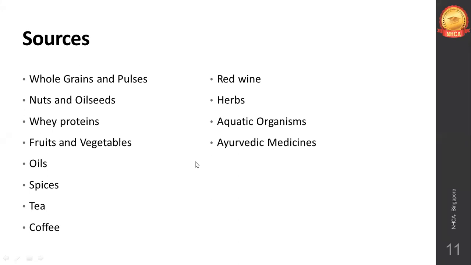Then certain herbs like rosemary, sage, basil leaves, dill leaves, fennel leaves, they also have antioxidant properties in form of phytochemicals. Celery, cilantro is your coriander leaves. Aquatic organisms like salmon, fish, shrimp, lobsters,